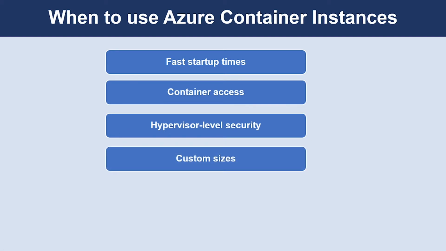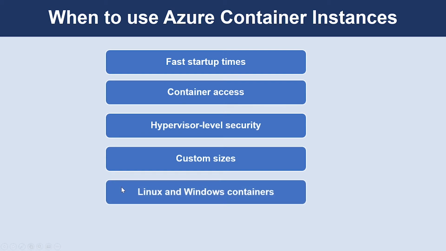Custom sizes. Containers are typically optimized to run just a single application, but the exact needs for these applications can differ greatly. Azure Container Instances provides optimum utilization by allowing exact specification of CPU cores and memory. You pay based on what you need and get billed by the second, so you can fine tune your spending based on actual need.